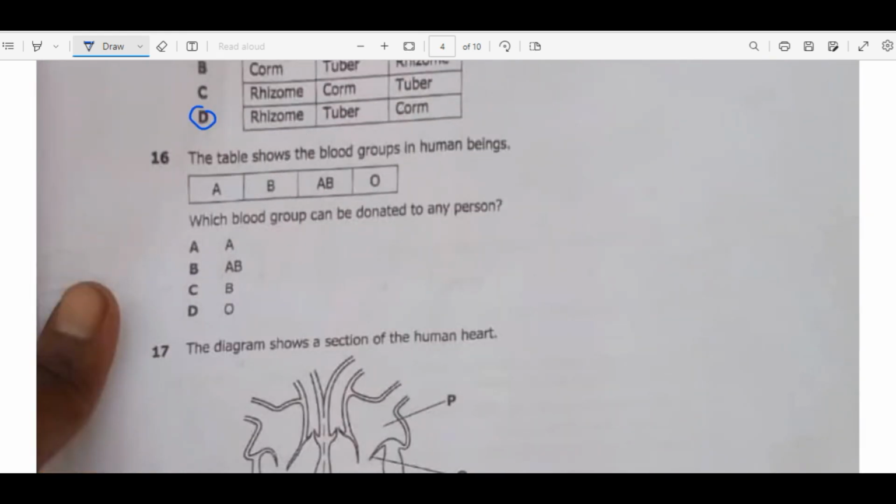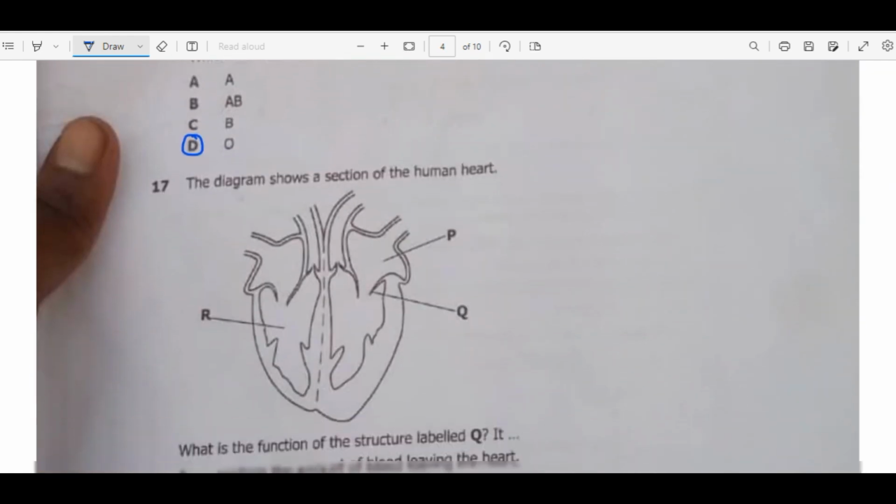We move on to question 16. The table shows the blood groups in human beings: blood group A, B, AB, O. Which blood group can be donated to any person? So here, we are just looking at the universal donor. We are looking at the blood that can be donated to any human being. So from here, we know that O is the universal donor, AB is the universal recipient. Then we move on to